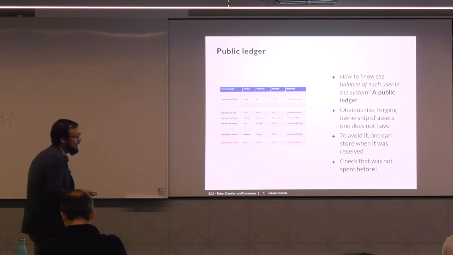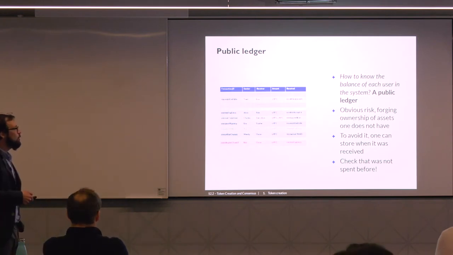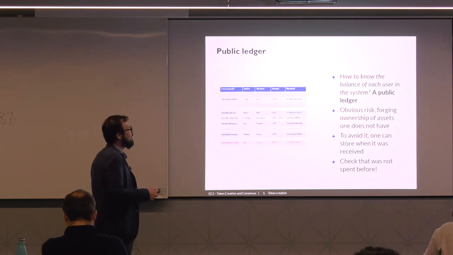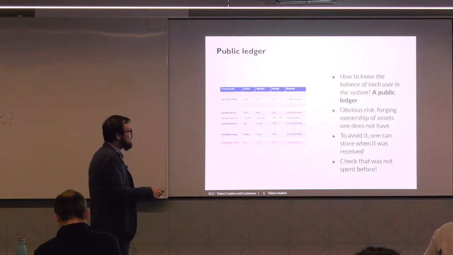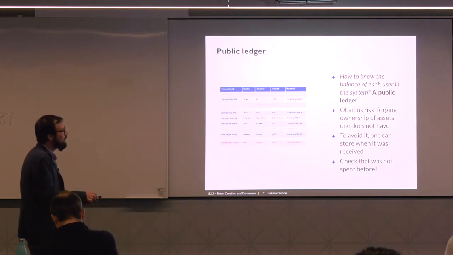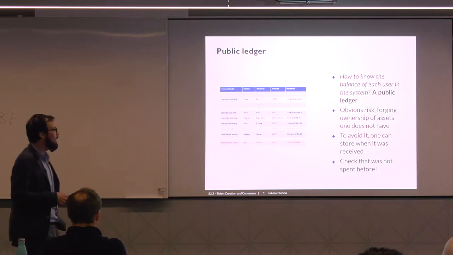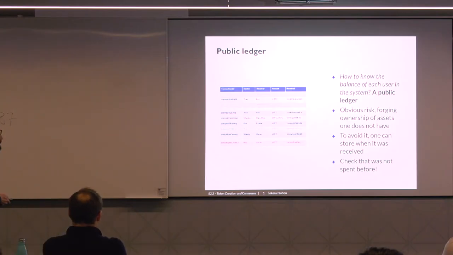There is something else that can happen, which is that Bob wants to double spend the transaction that he received from Alice. If in a future transaction Bob wants to send the same 5 Bitcoins to another system participant, given that this is a complete ledger of all the transactions, we can see that this transaction was already spent here. So no one is going to validate this transaction because these assets were already spent previously.